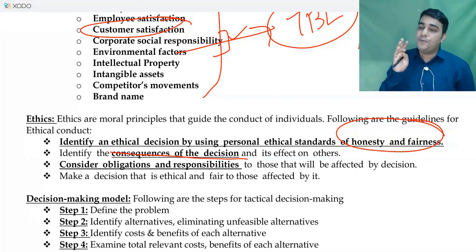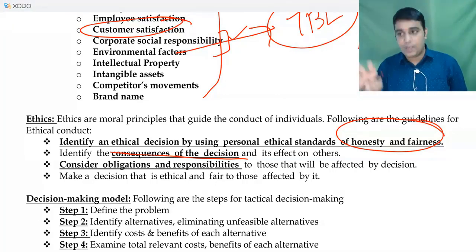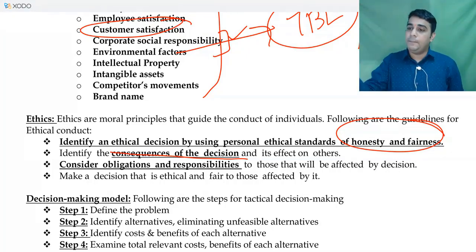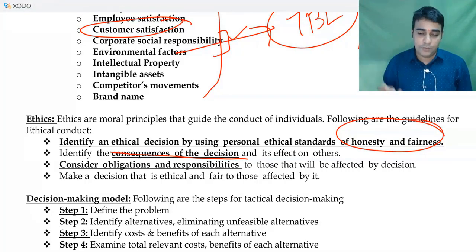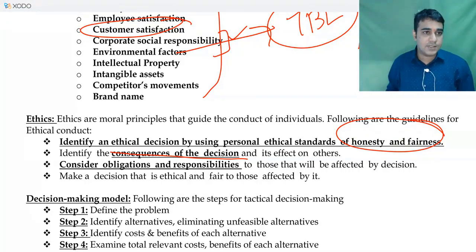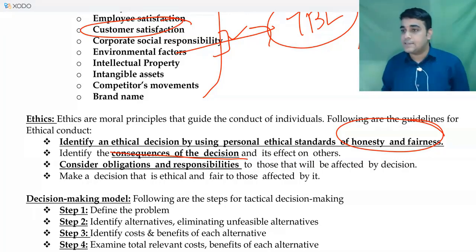So you will have to take care of all people and ensure that you are not doing anything which is unethical. There will be another case study which will talk about you bribing people so that you are able to set up a project which is against all environmental norms. The question will talk about bribing being there. Obviously, you will say that this is not ethical. In your analysis, you are going to talk about the ethical concerns which are there.